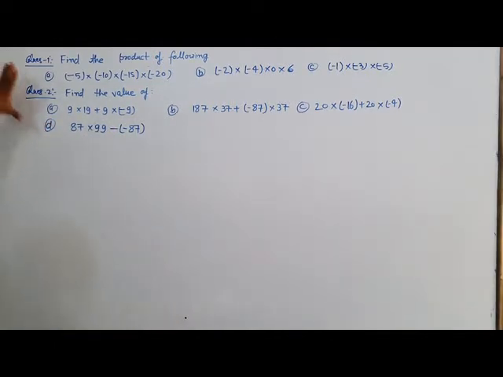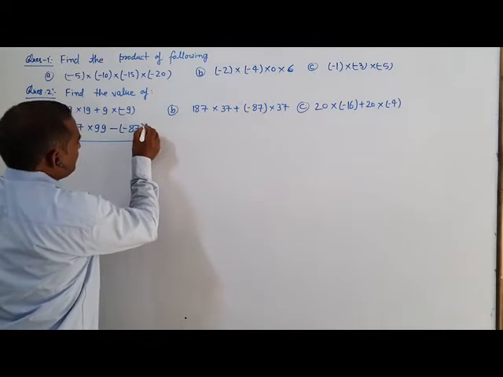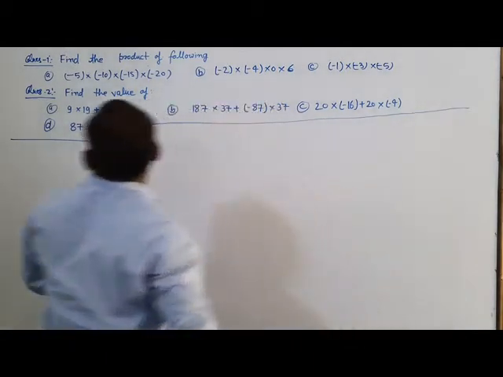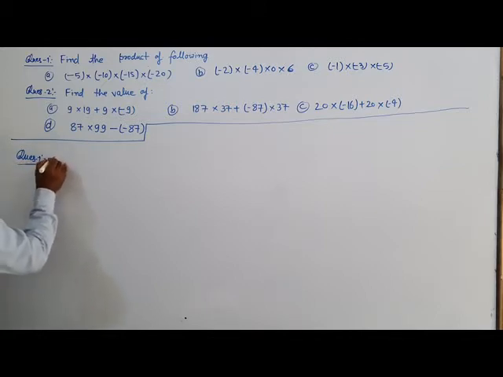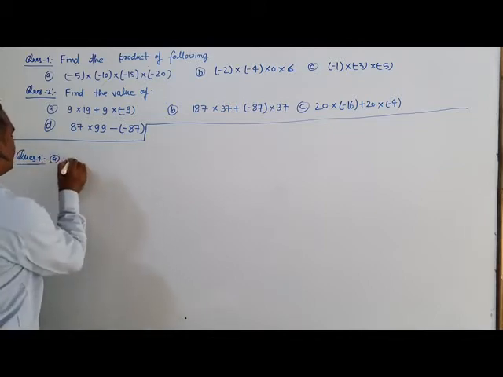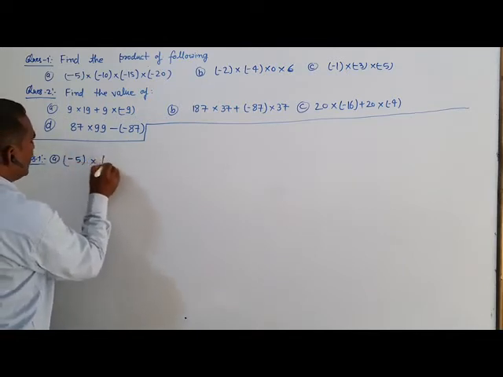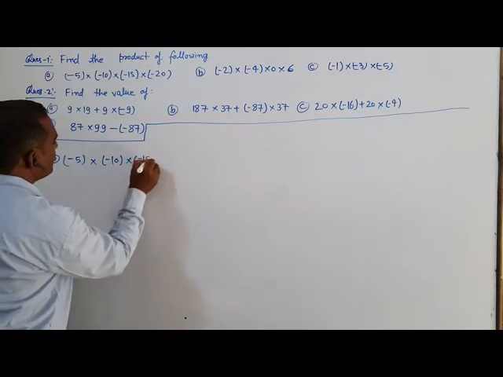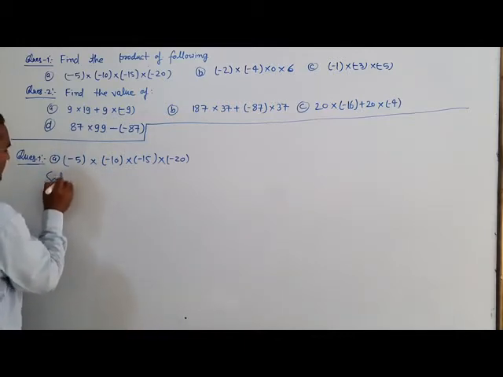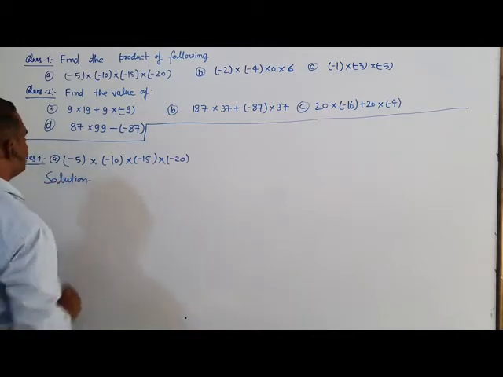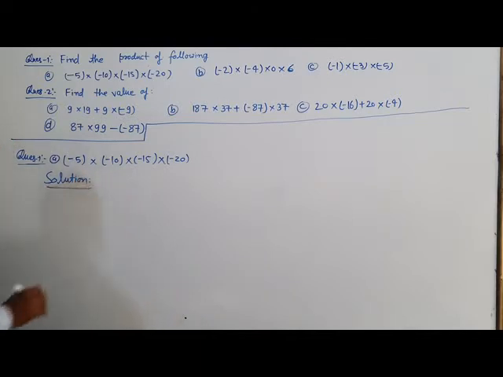You have to solve these questions today. So we start to solve it from question one, option A. Minus 5 into minus 10 into minus 15 into minus 20. Solution. Here minus 5